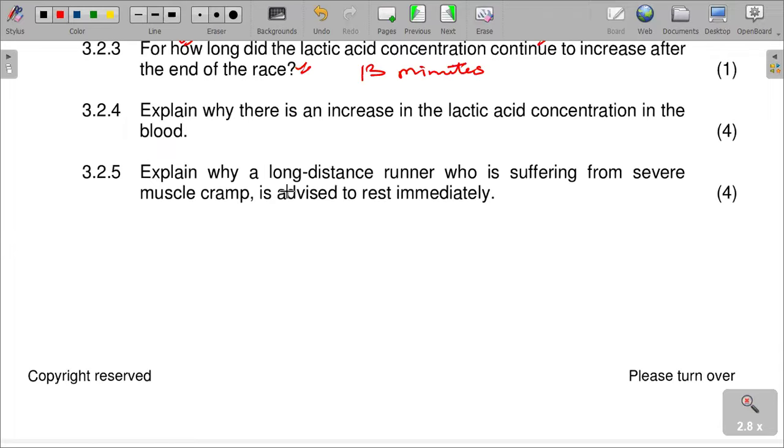It is caused because of what? One, intense physical activity leads to an increased rate of cellular respiration. That is one point. We are saying intense physical activity, an increase in physical activity,